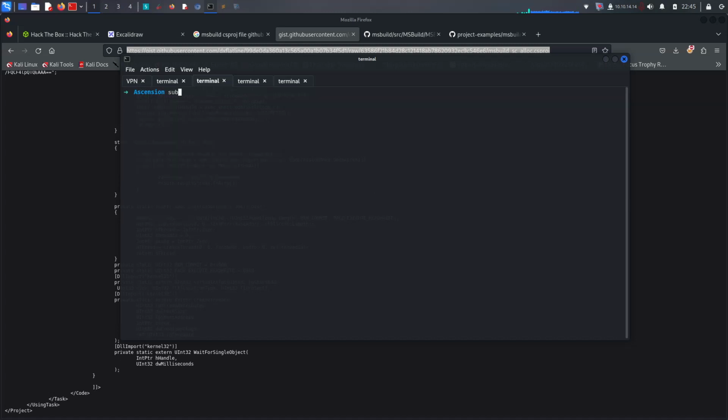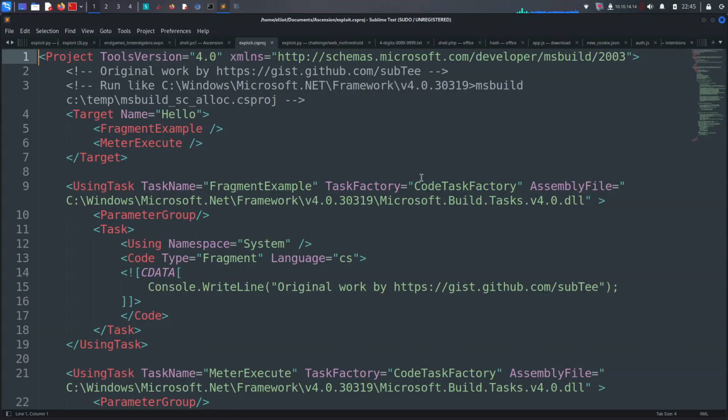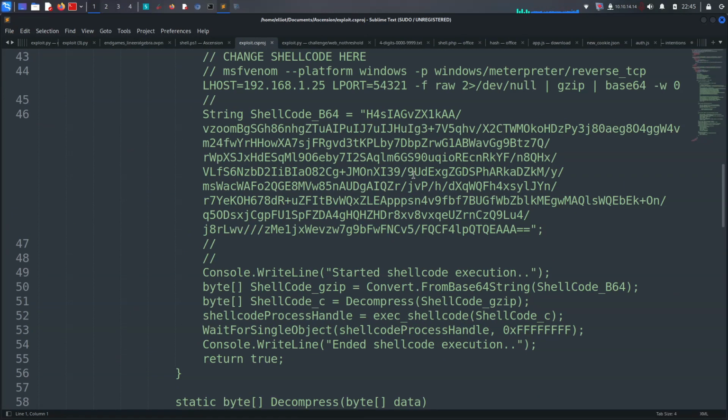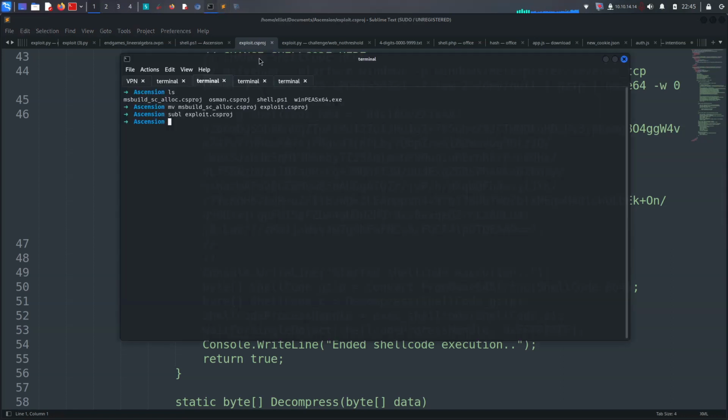I have no idea why it's looking like that, but I'm sure I have to move it, like let me say shell or something like that. I can say your exploit and CS project here successfully. So let me go for CS project here, and then which one is here we have to change, as you can see here. So how was it